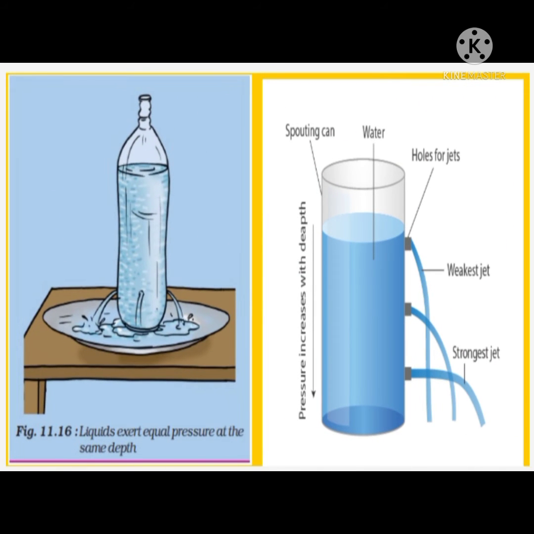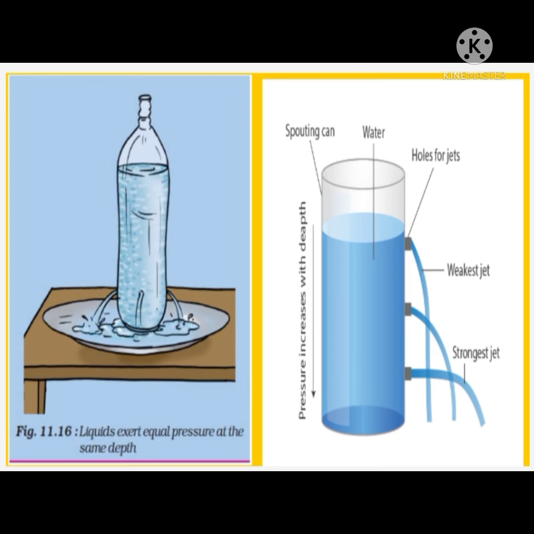We are going to discuss our next activity. Take an empty plastic bottle or a cylindrical container. You can take a used tin of talcum powder or a plastic bottle. Drill 4 holes all around near the bottom of the bottle. Make sure that the holes are at the same height from the bottom, as shown in the figure. Now fill the bottle with water.